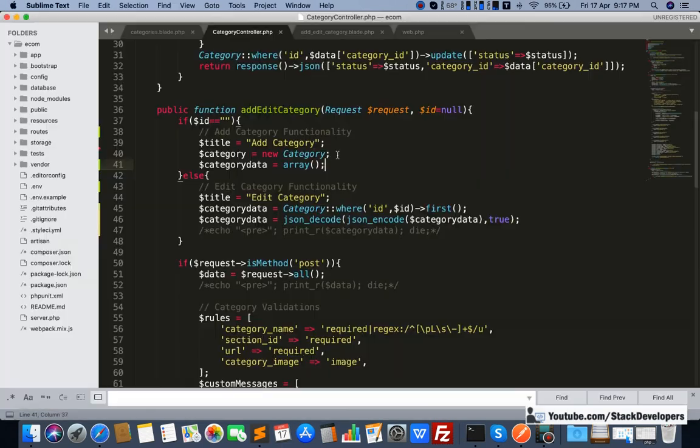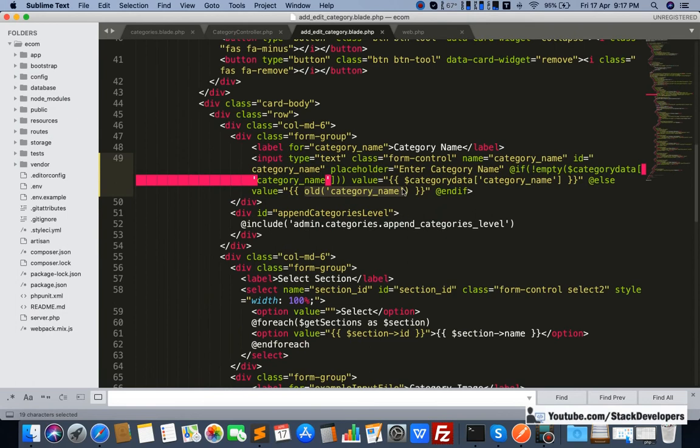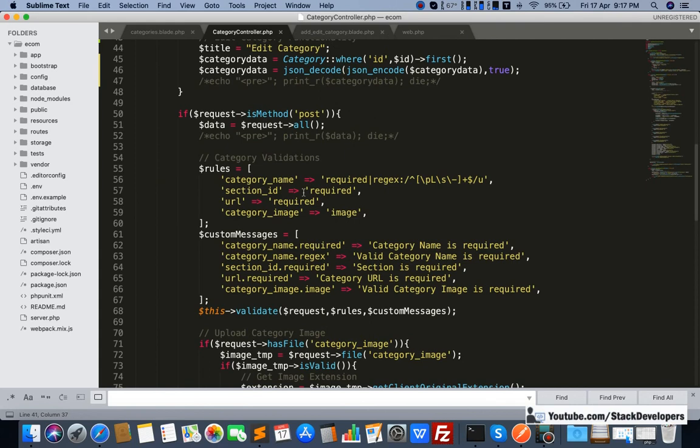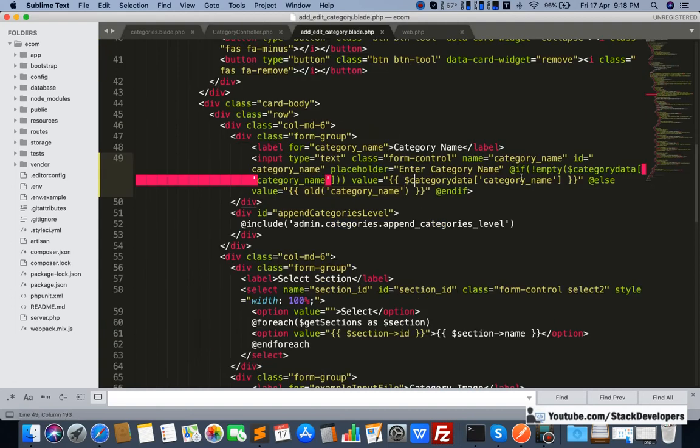So this is because we have added old, which means that old data will come back again, and this is only possible because we have added the Laravel validations, and we are returning back all the details with this validate function. Okay, so this is useful here.